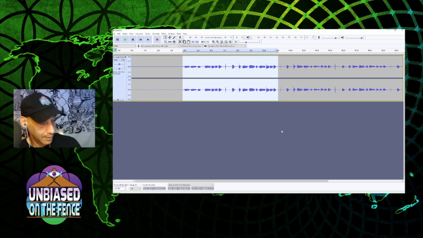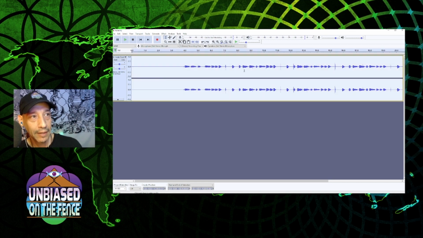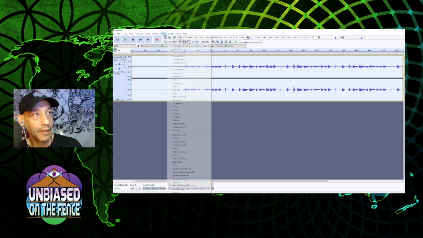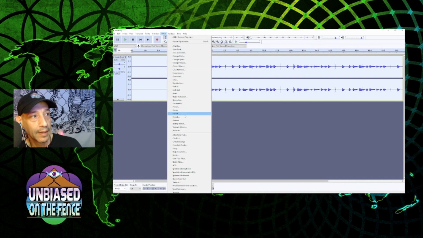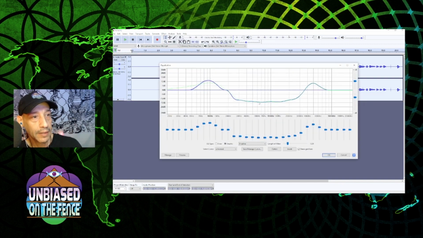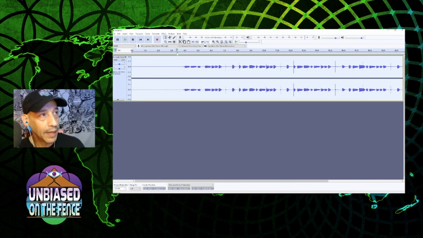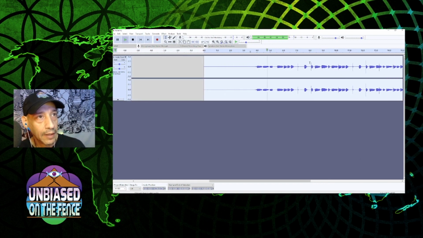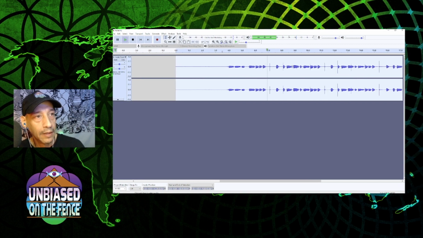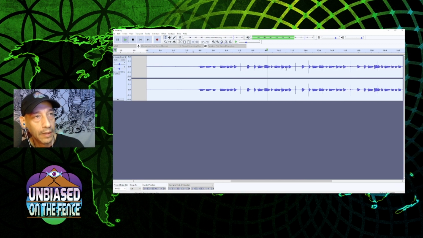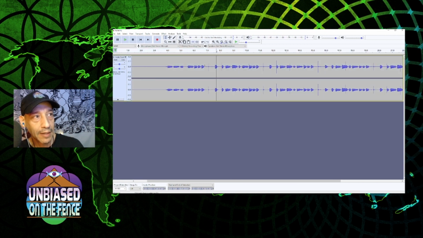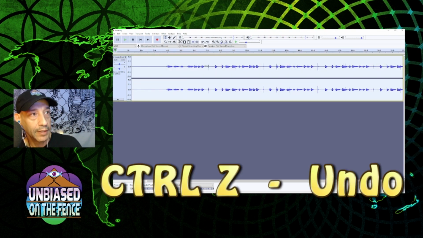Actually, I'm going to hit undo because I forgot I only had that section highlighted. I'm going to come back and highlight the whole section and then go back. Equalization. That's still set the same, so I'm going to hit OK. Now we have 2, 3, 4. Okay, so just in case I don't like this in the future, I'm going to go ahead and hit undo,